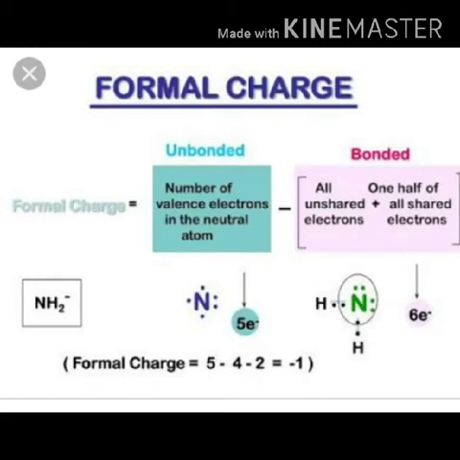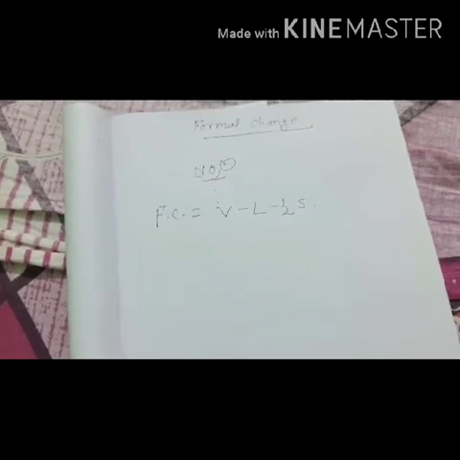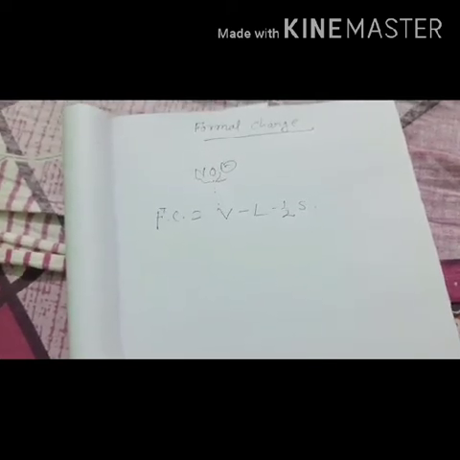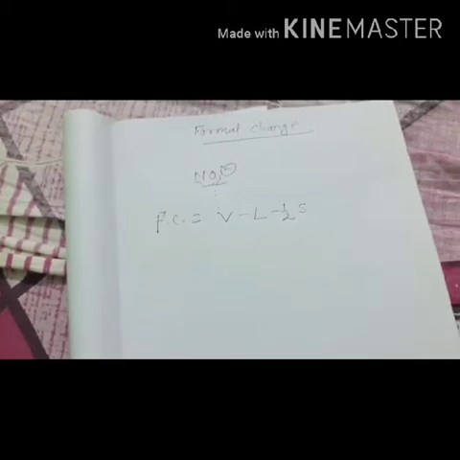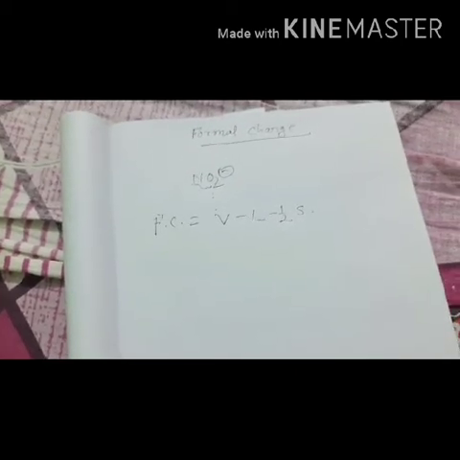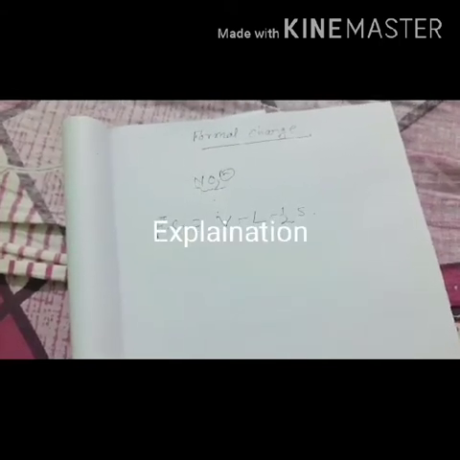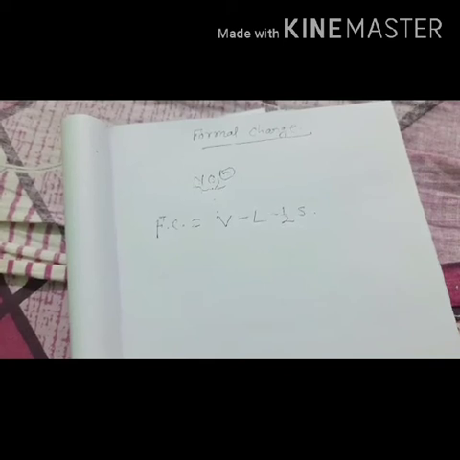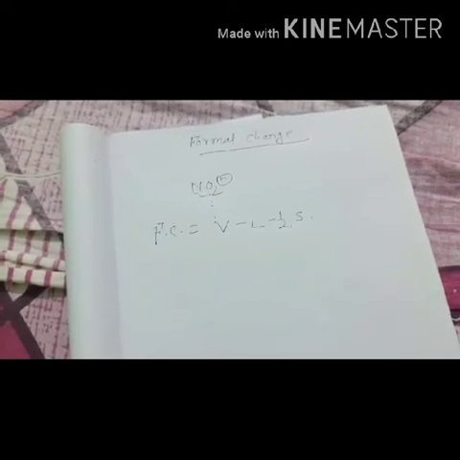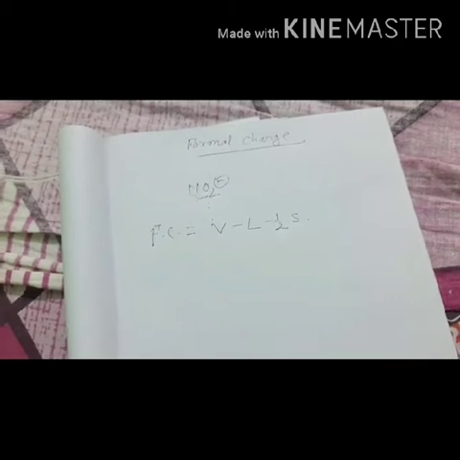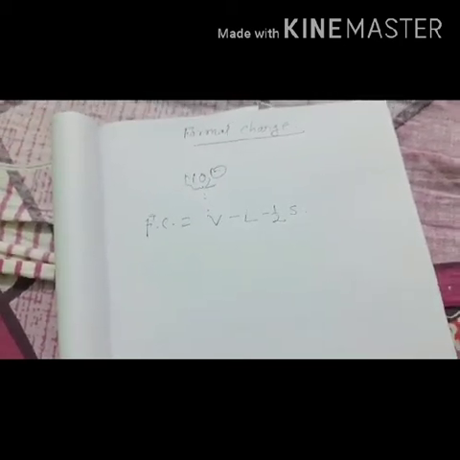In other words, the formal charge gives the number of electrons which each atom owns. The counting is based on the assumption that each atom owns one electron of each bonding pair and both electrons of a lone pair. We can count the number of electrons assigned to an atom on this assumption and then compare it with the number of electrons in the free atom. Now you know how to calculate the formal charge.